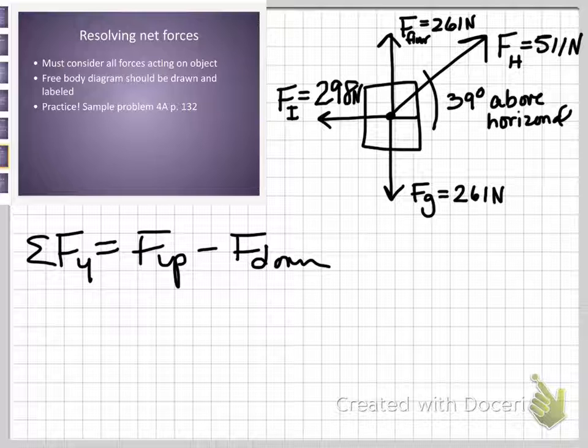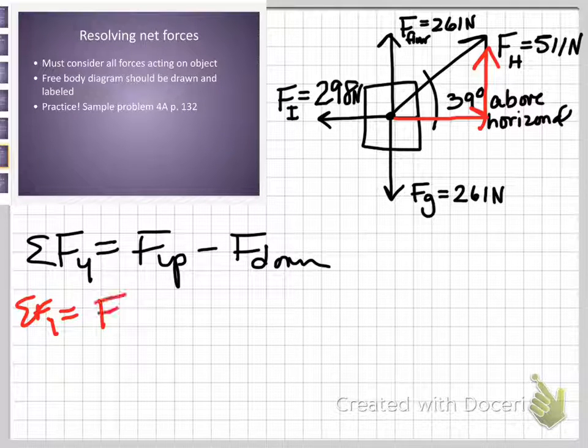No, it's not 0, and here's why it's not 0. If we look at the force of Hannah, this is a vector that is not directly on an axis. So of the forces up, what do we have? Well, I'm just going to sort of shortcut this. I have force of the floor,